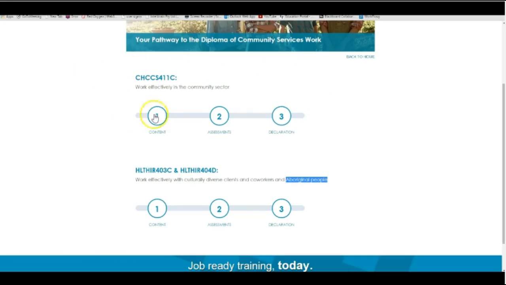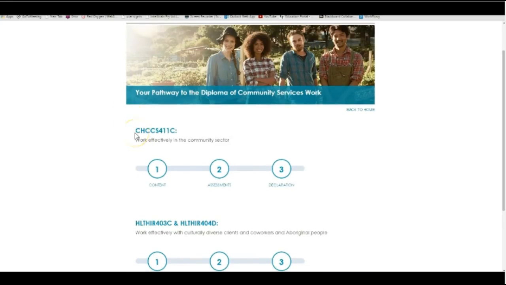So once you finish both units, you have finished the short course, and then you're ready to get going into the diploma. So what I'll do to finish off is I'll show you how to access the content and how to access the assessment for the first unit, and you pretty much do the same for the other unit as well. So